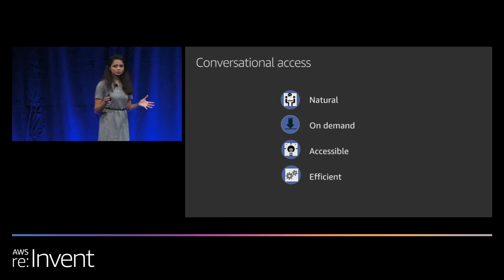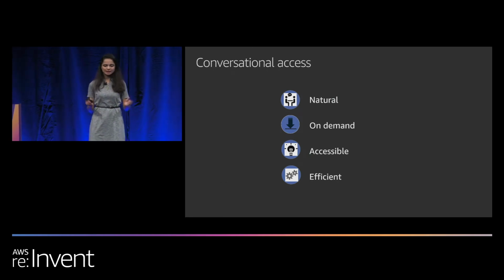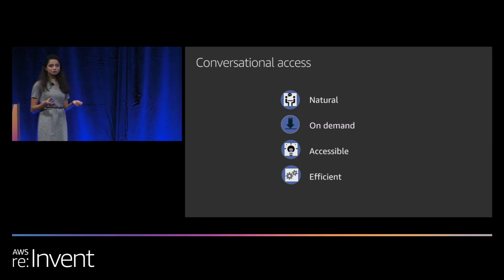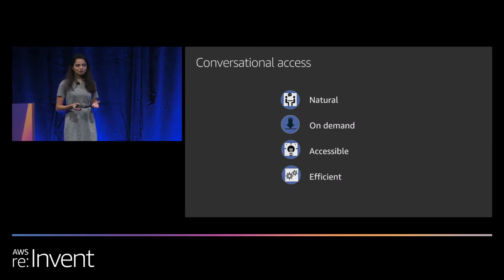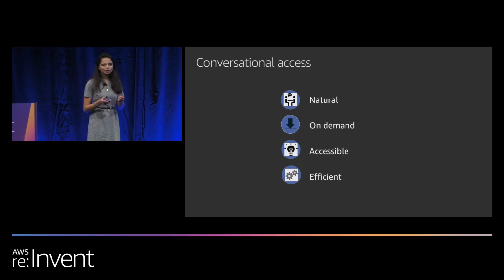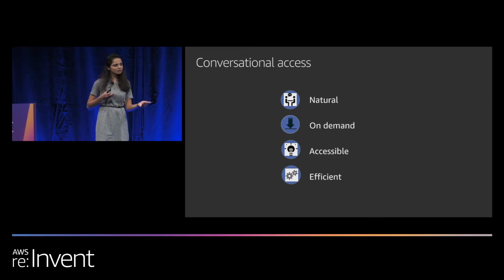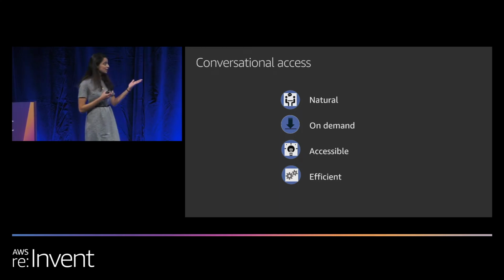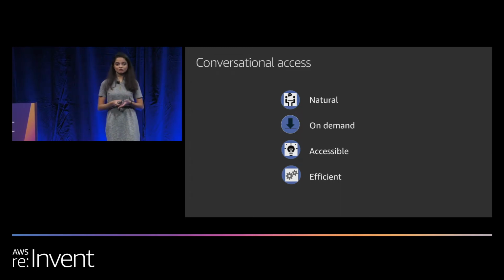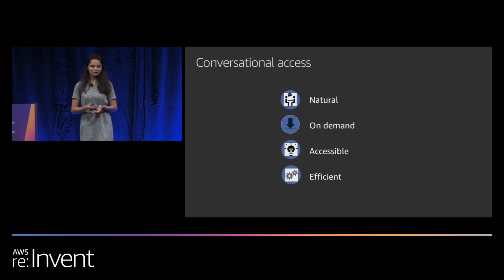And what do we expect from a chatbot, right? It has to be natural. Even though it's a chatbot, you would not want to hear a robotic voice, or a conversation which is like a robot. You would want to talk to it and have that natural conversational flow. So that's very important. And it has to be on demand and in real time. If I ask Alexa about weather now, and she gives me a response in an hour or even in a day, it will not make any sense. So it has to be on demand and in real time.